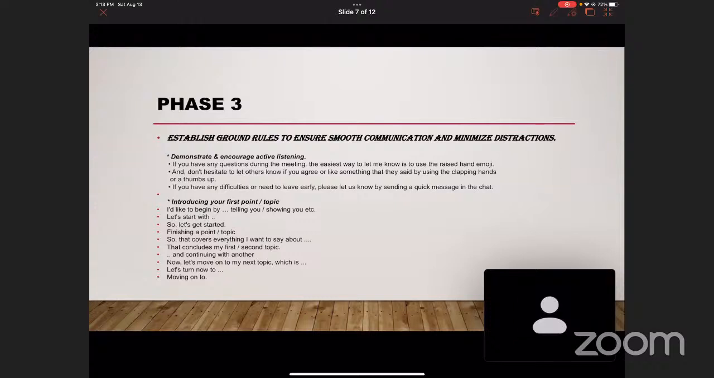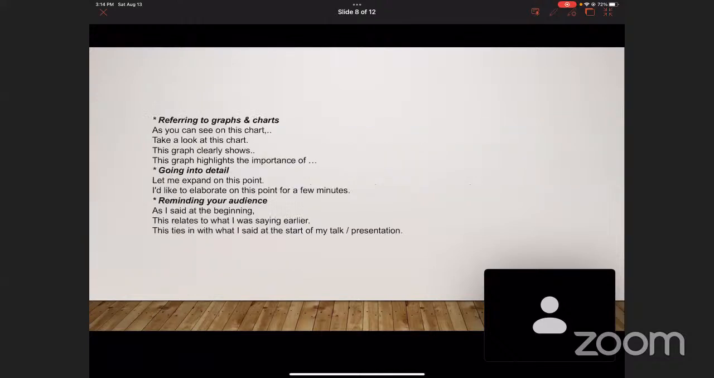Or you can say, that concludes my second topic, and continue with the other. Now let's move to my next topic, which is, tell them, let's turn now, or moving on to. These are phrases you can use when you're presenting the body of your topic. And if you have a graph you would like to share with your audience, you can say